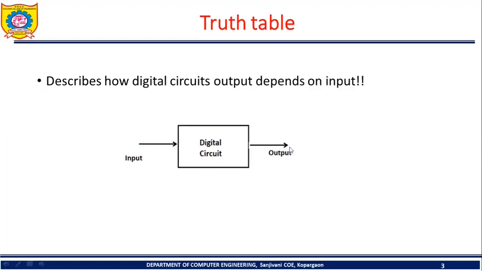So what is the relation between output and input of digital circuit, or how can we describe the operation of digital circuit? In the previous lecture, I told you that there are different ways by which we can describe the operation of digital circuit. For example, the first way can be using logical expression. The second way is using truth table. The third way can be using some hardware description language. Now we are going to discuss truth table. By using truth table, we will see how we can describe the operation of some digital circuit.